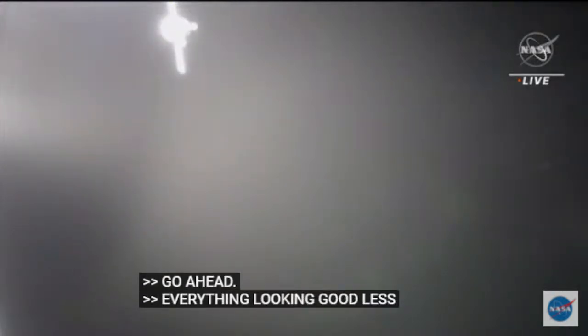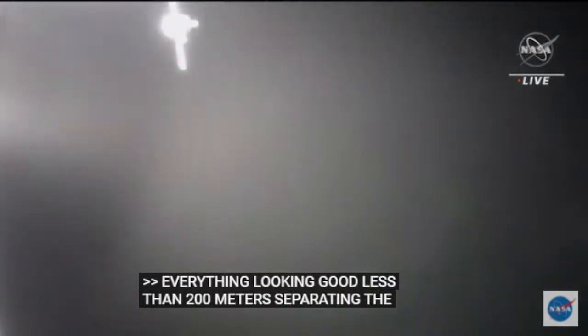Don, Moscow, go ahead. Following a transition to manual mode, everything looking good, less than 200 meters separating the International Space Station and Soyuz. We are talking to